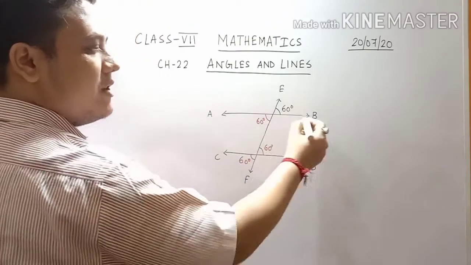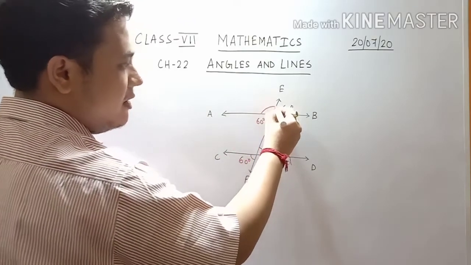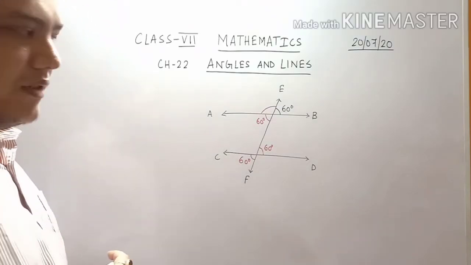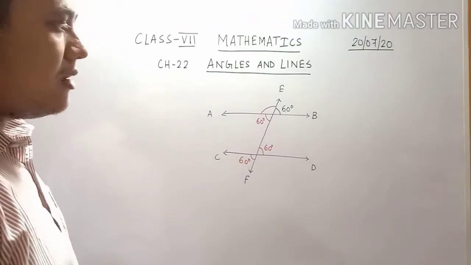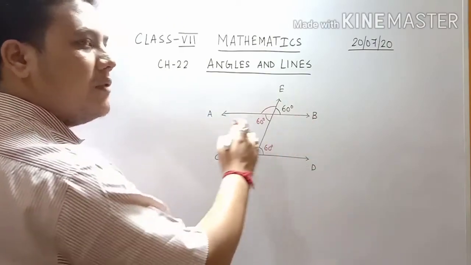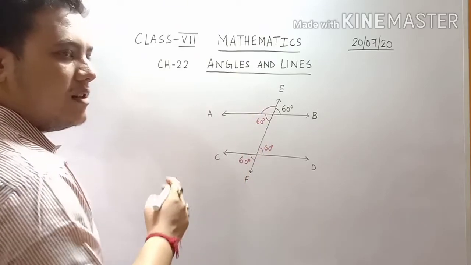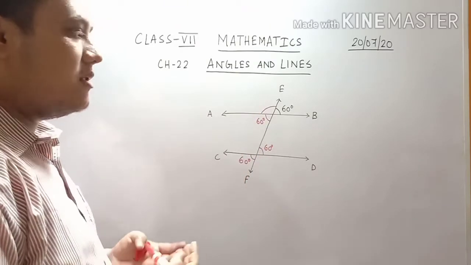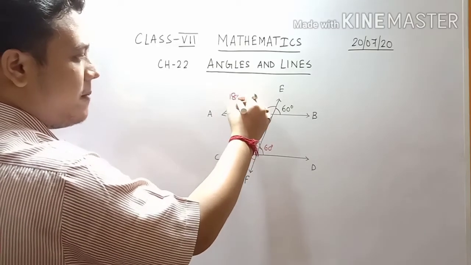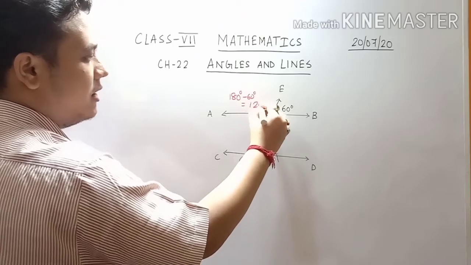Now AB is a straight line, and we know that this unknown angle and this 60 degrees make up a linear pair. We have learned this just a few minutes ago. So if this one is 60 and the sum of angles on a straight line is 180 degrees, how will you calculate this angle? Simply you will find the supplement of 60 degrees, 180 minus 60,